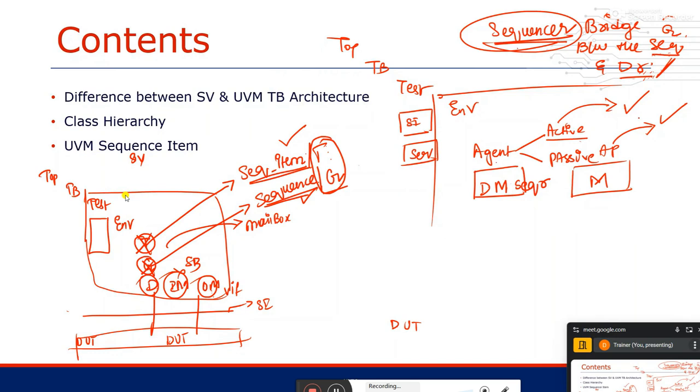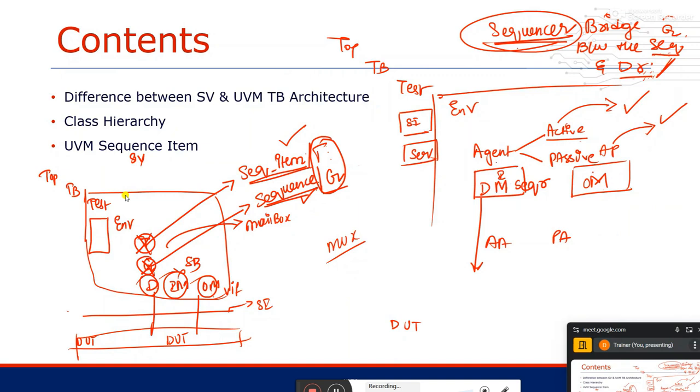Usually for the multiplexer project, if I ask how many active agents and how many passive agents, definitely you will say one active agent and one passive agent. Why? The driver will send the data, let us consider this the input monitor, another will be the output monitor, that's it. One more driver is not required, correct? One driver is enough for me. So like that you have to think how many active and passive agents we need to take.